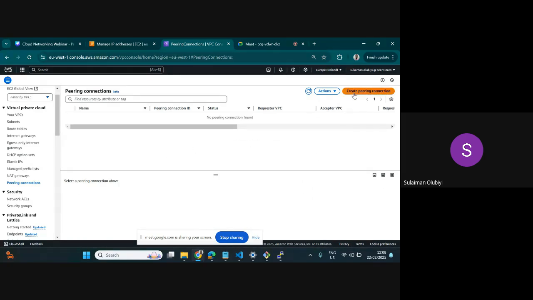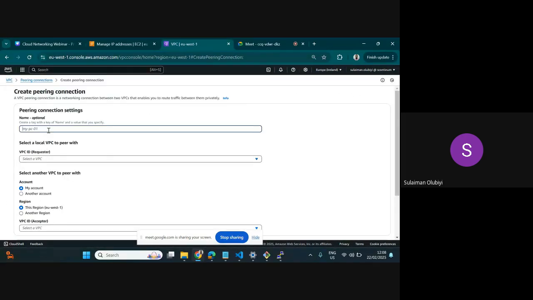And I said that it must not have an overlapping CIDR IP address block. It is not transitive, and you need to manually update the route. Now let's go on. So let's say peering